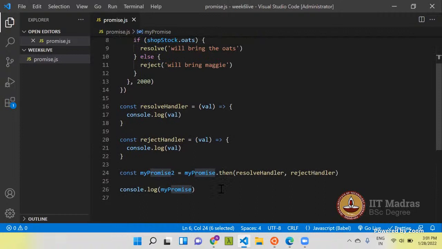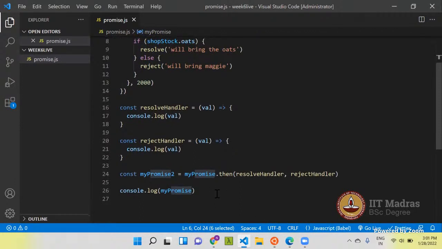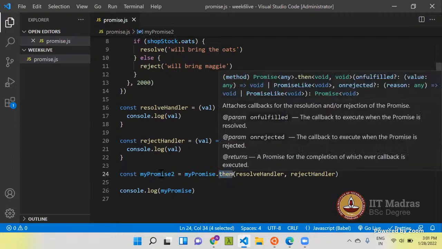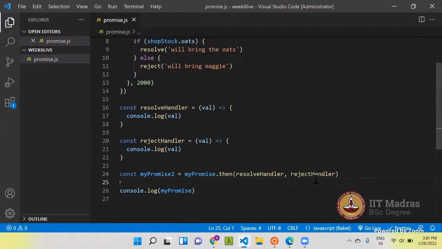Now, what we are talking about is that when you call this then function, it also returns a promise. So I will store this inside another variable and log what it is.